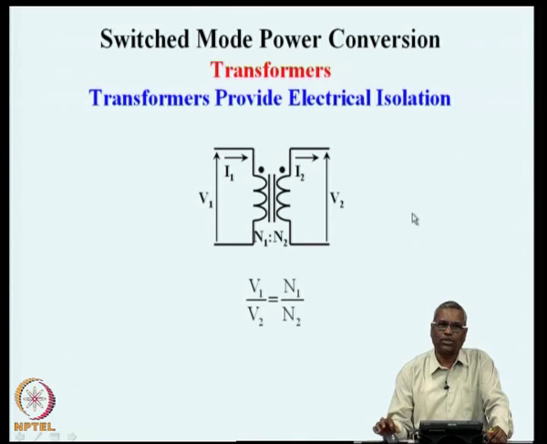The transformers are also used for providing electrical isolation between one part of the circuit and another part of the circuit. As I had said, the primary excitation sets up in the core a certain amount of flux, and the relationship between the primary voltage and the flux follows Faraday's law of V is N times d phi by dt, and the same flux linking the secondary winding produces a voltage which is secondary turns times the same d phi by dt, and you get a secondary voltage which is V1 times N2 by N1, with an isolation between the primary and secondary.